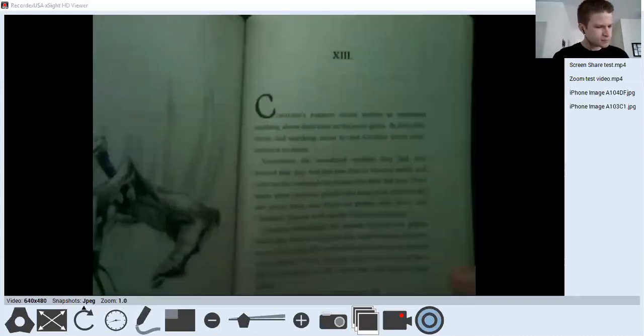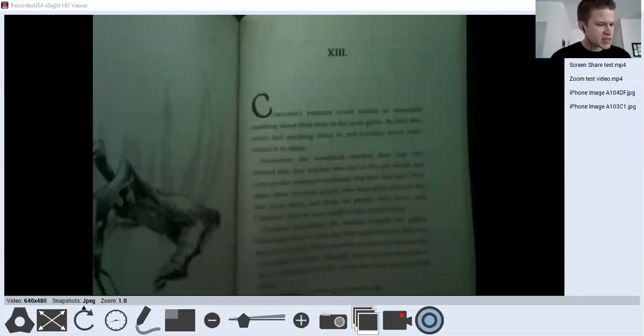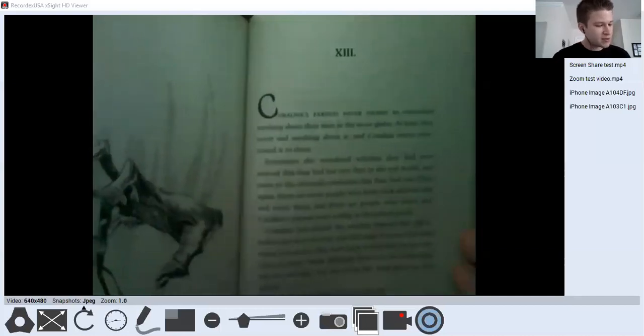Let's find out. Coraline's parents never seemed to remember anything about their time in the snow globe. At least, they never said anything about it, and Coraline never mentioned it to them. Sometimes she wondered whether they had ever noticed that they had lost 2 days in the real world, and came to the eventual conclusion that they had not.